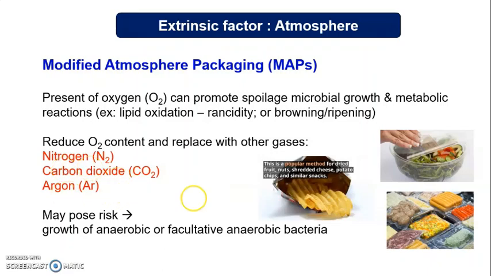and also argon. The only possible risk for MAP packaging is the growth of anaerobic or facultative anaerobic bacteria such as Clostridium botulinum, because they love low oxygen concentration, or sometimes they don't need oxygen for them to grow. So it's a risk for MAP packaging because the atmospheric condition has been altered in such a way that the amount of oxygen is reduced. These are other food that can be packed using MAP packaging to improve its quality as well as its microbial